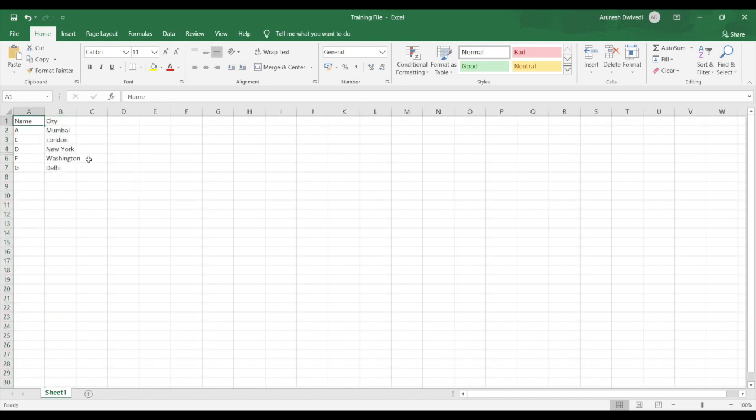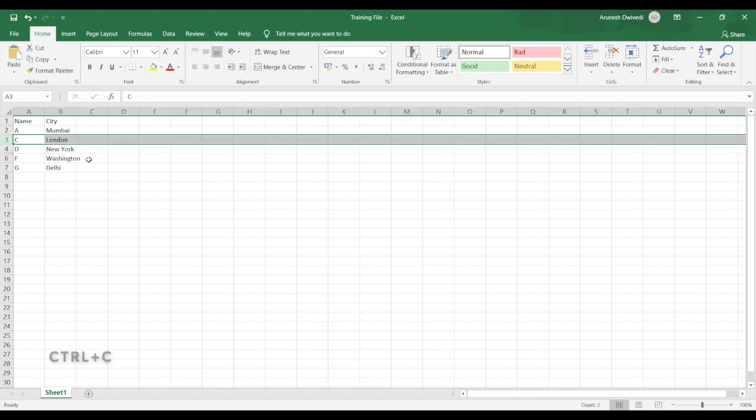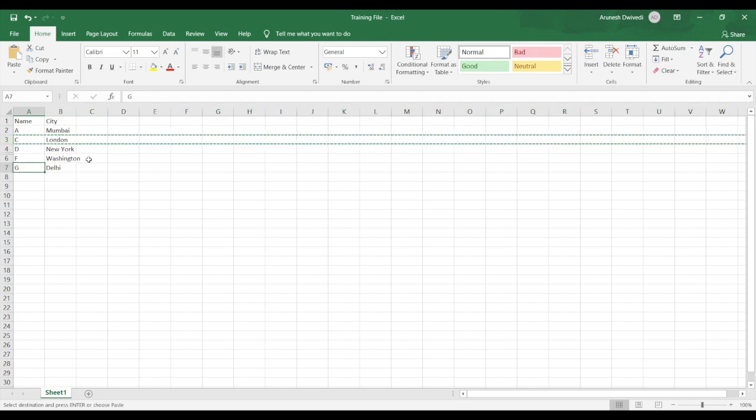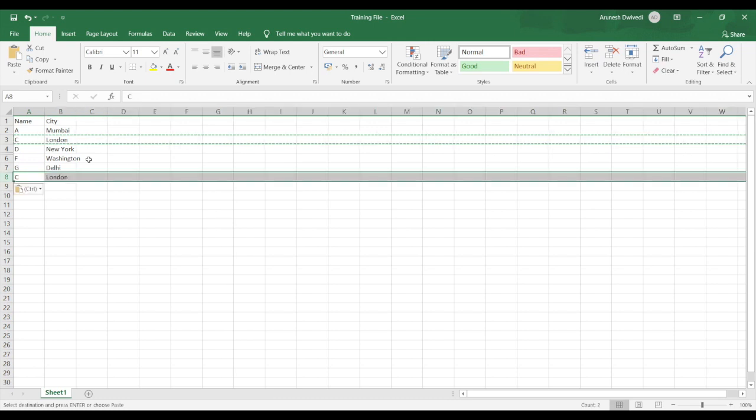So just one more thing left. How do you copy and paste an entire row or an entire column? So if I have to copy the entire row, first you have to select the row. You need to select something to copy. So select the entire row. Control C is the universal copy command. Control V is the universal paste command. So that does not change here also. So you press Control C to copy the row. And let's say I want to paste it at the end of the data that we have on the screen. So I'll press Control V and the entire data will be pasted.